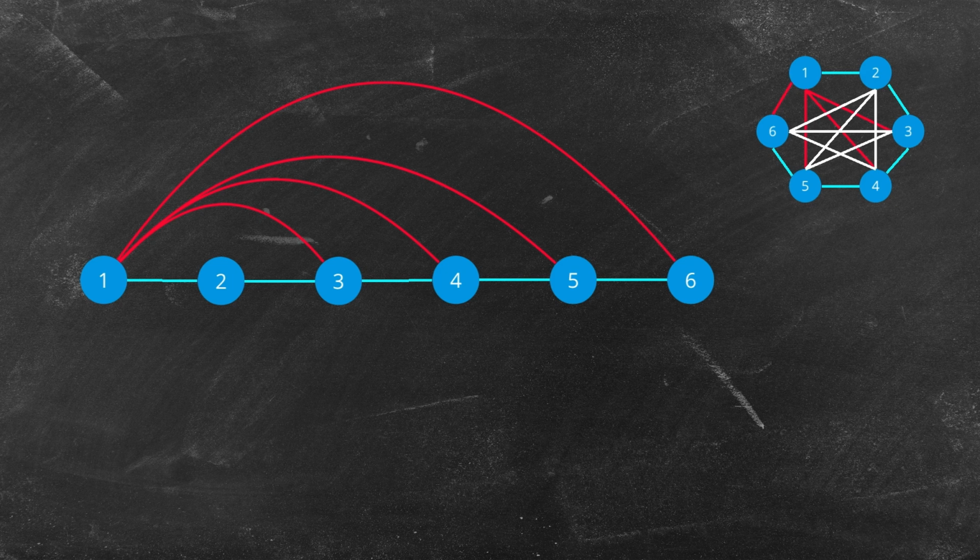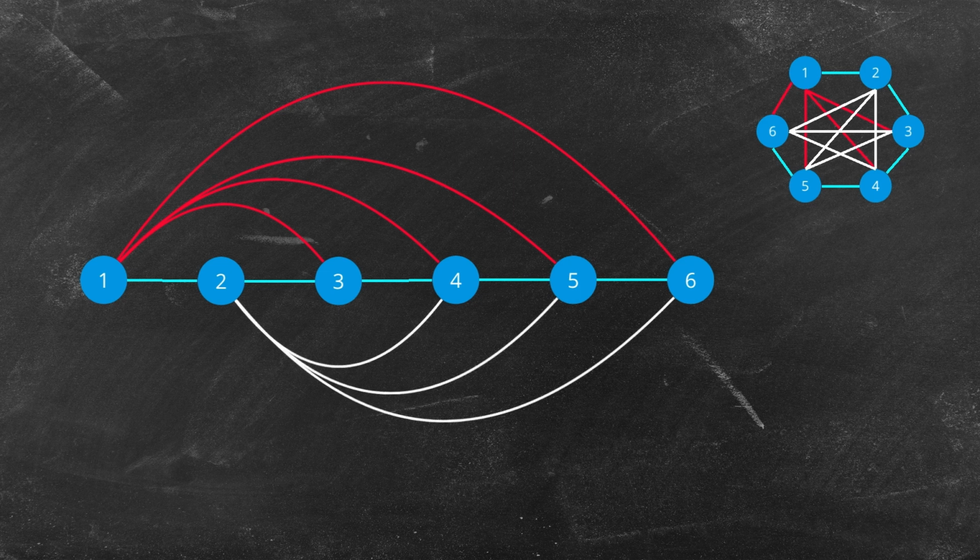Now we'll move on to the edges that connect vertex 2. But in this condition, we cannot put any more edges on the top or we would have a crossing. To prevent that, we put these edges on the bottom instead. Now these edges on the bottom will be known as the edges on page 2 and we'll associate them with